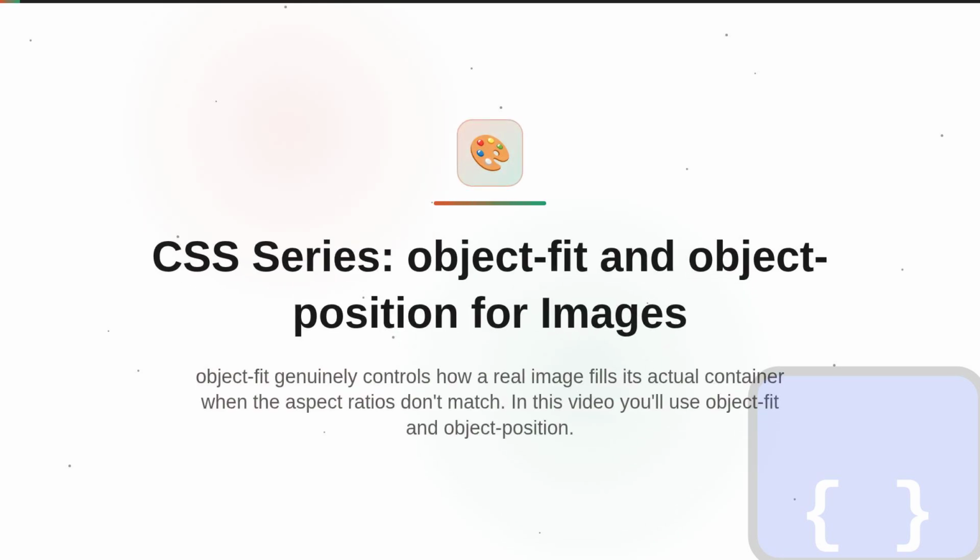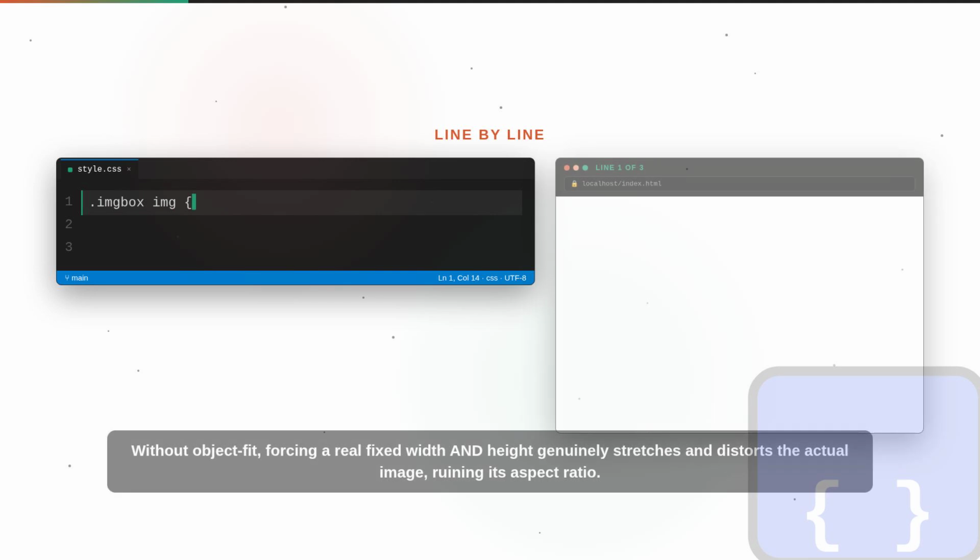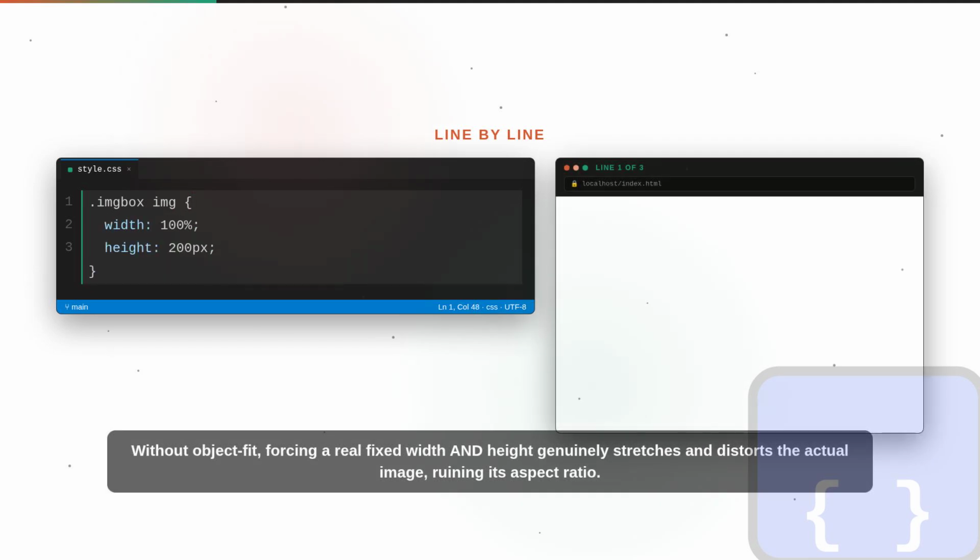Object fit genuinely controls how a real image fills its actual container when the aspect ratios don't match. In this video you'll use object fit and object position. Without object fit, forcing a real fixed width and height genuinely stretches and distorts the actual image, ruining its aspect